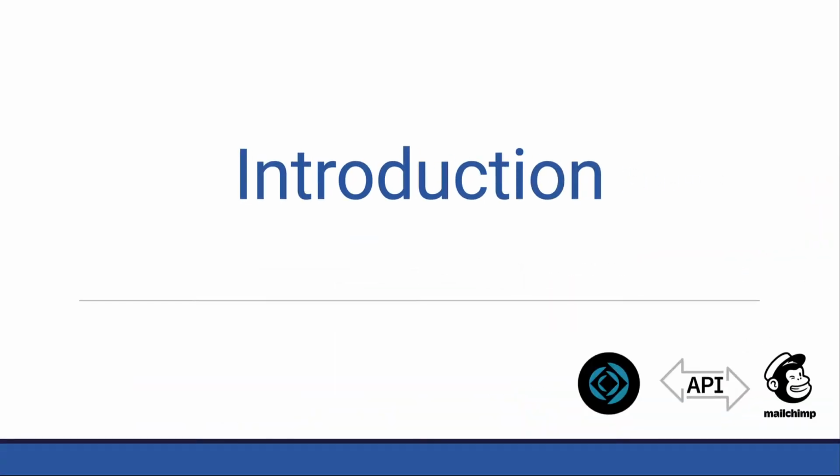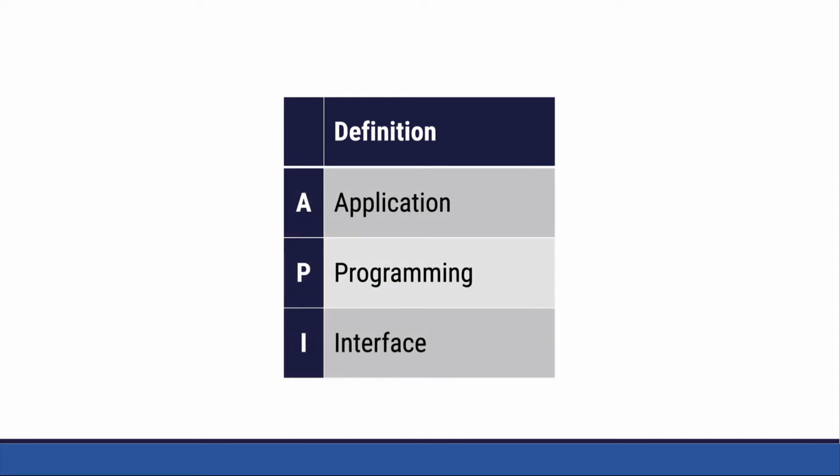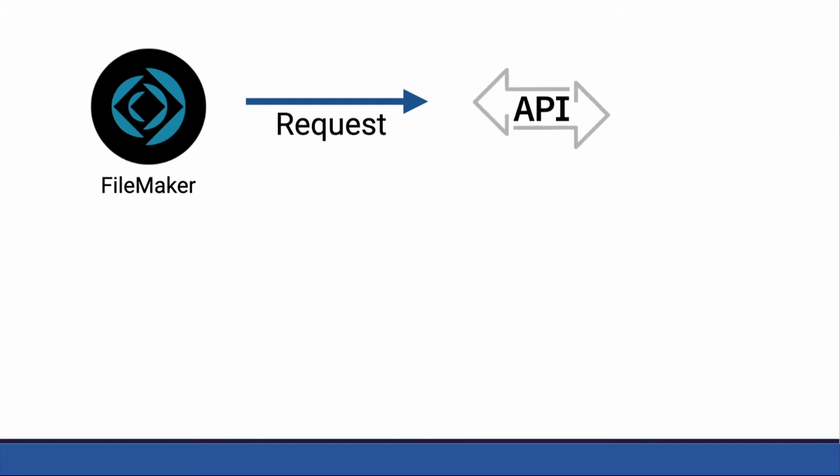In this lesson, I wanted to provide an introduction to the MailChimp API and FileMaker integration as a whole. So first, we need to define what API actually stands for. It stands for Application Programming Interface. And the way that this API works, which is not uncommon from most APIs, in fact, could almost safely say that all APIs work this way, is that FileMaker will originate the request via a script and a series of script steps. That request will go over the internet to the MailChimp API, which will then be interpreted and sent